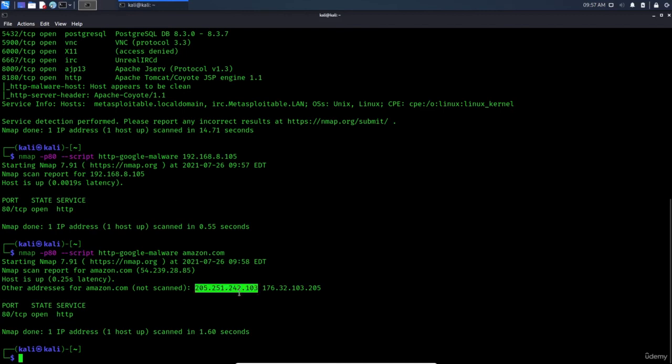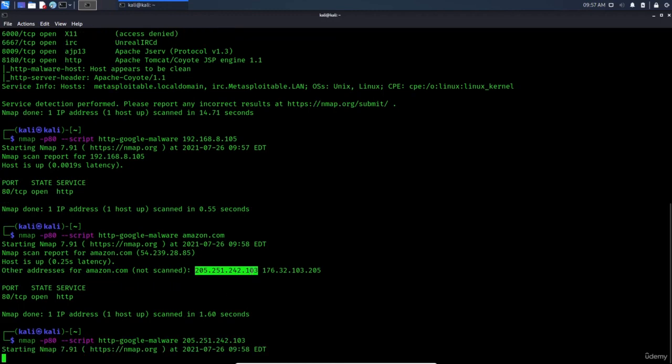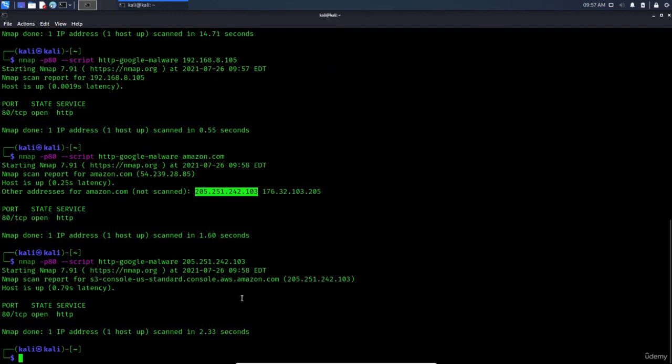So actually it's better to have a public IP instead of a domain, because you know we have load balancers and all of that stuff. So here you can see it didn't